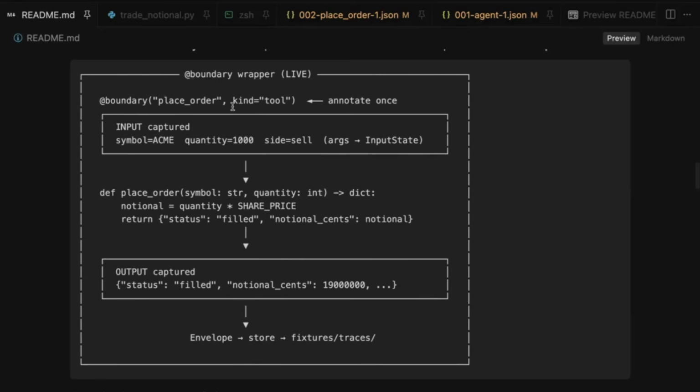Now, what does this annotation do? It ensures that anything that goes into the method and comes out of the method gets recorded. So any input and output pair will get recorded. On top of that, you can define parameters like your model version or the version of the code that is running, so that the entire state during which the agent run happened gets frozen and saved as a trace. Now, let's see this in action.